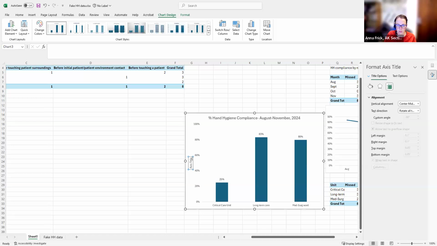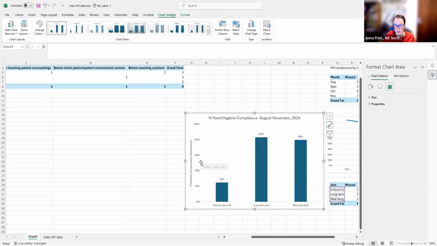And so I could rename this to say proportion, or whatever else I've decided is conventional to call that